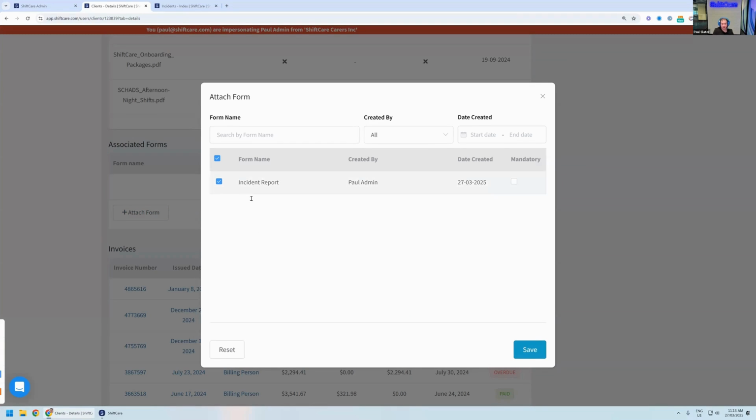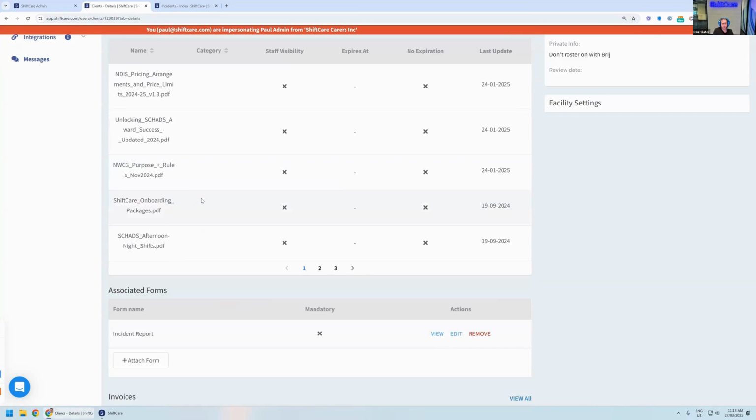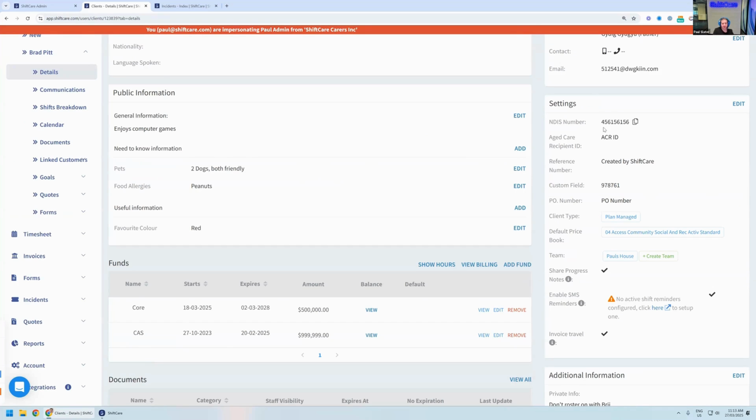Now, if it was a progress note that you were doing, you could make it mandatory. That is a question people ask: how do I make progress notes mandatory? You can do it through forms by doing progress notes, and you hit save. Now, when you add the form to the associated forms, it is going to update existing shifts and add the incident report to all existing shifts for that person,